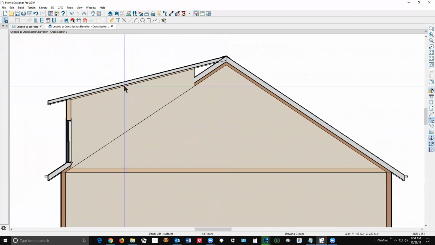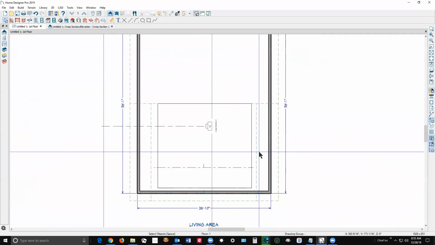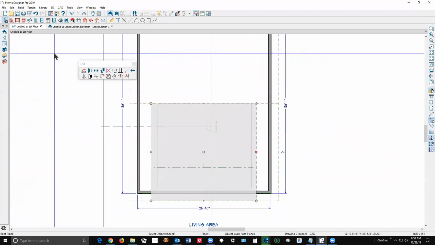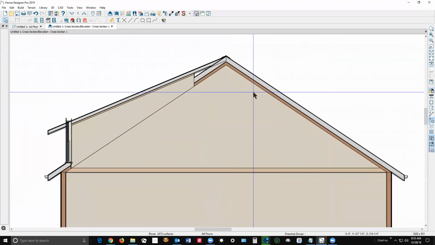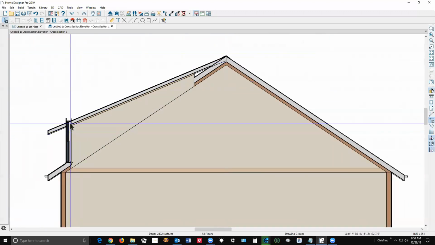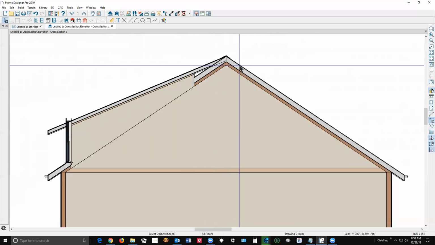And I might want to change the pitch. If I wanted to change the pitch on this dormer without changing the ridge, then you just open the dialog box, lock the ridge. That's what you don't want to change. Then we'll change the pitch to 5. And that keeps the ridge where the ridge was, but now we have a steeper pitch on the, let's see,